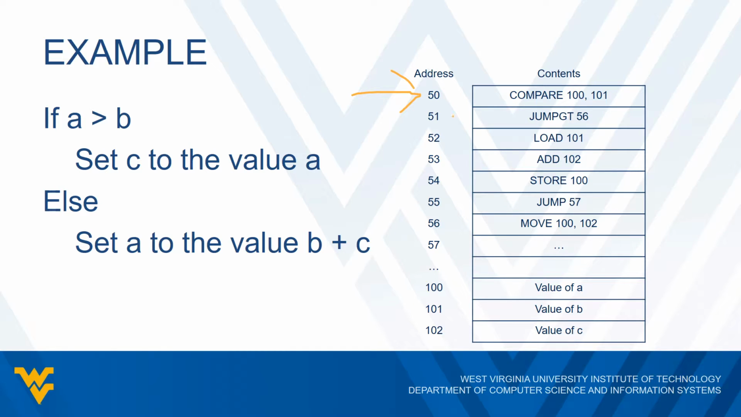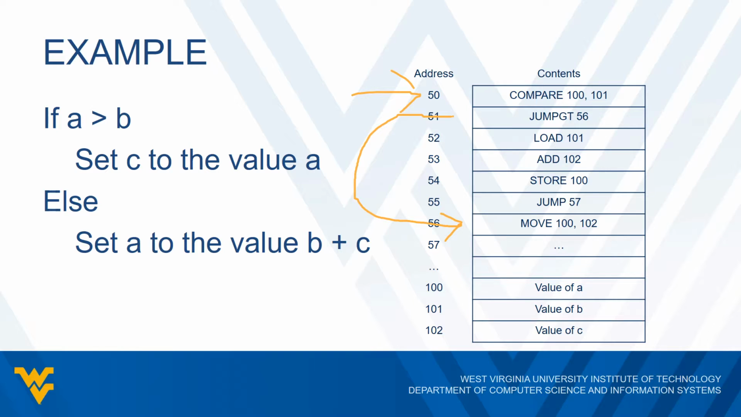So we would go all the way down to address 56, and here we have this instruction that says move 100, 102, which simply means we're going to move, or copy, A into C. That means the same thing as setting C to the value of A. And then we would just move on to the rest of our program. Now let's say this is false. So if jump GT is false and we don't go to 56, we would go to the next instruction, which